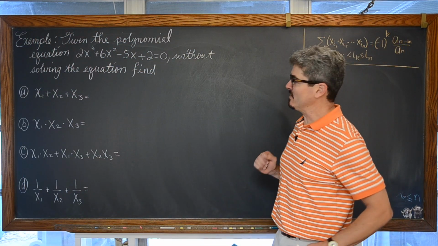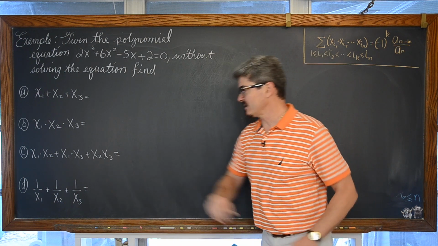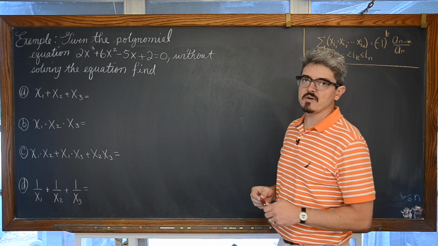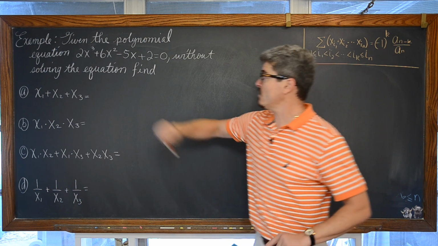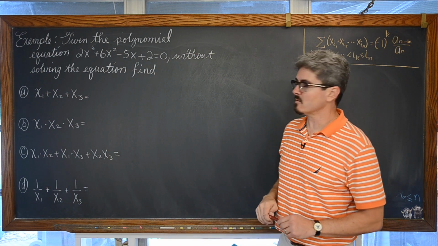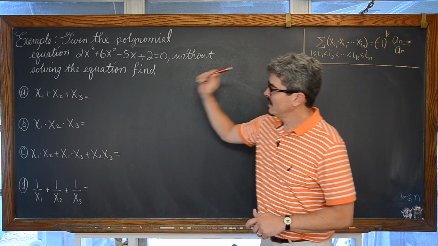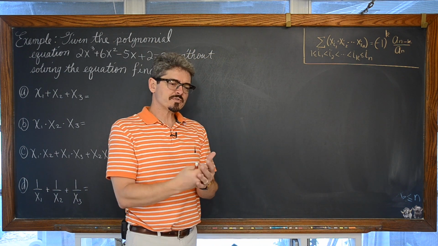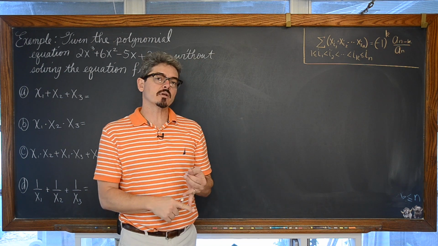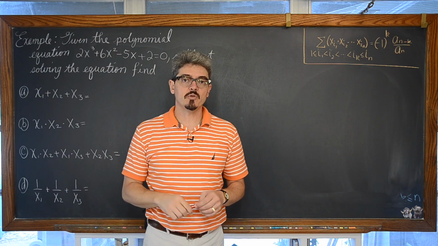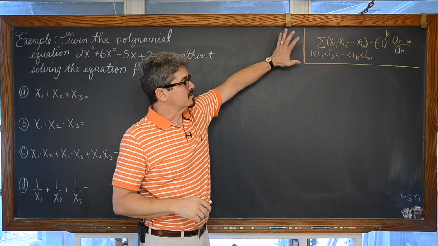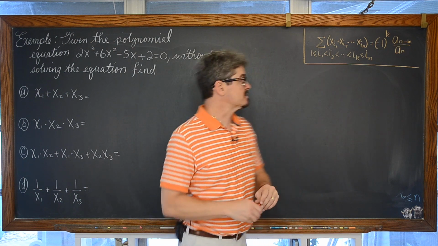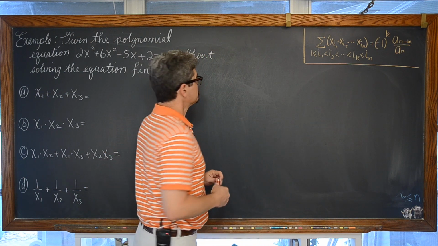So for our first problem here, which actually has 5 parts, not the 4 indicated, given the polynomial equation 2x cubed plus 6x squared minus 5x plus 2 is equal to 0, without solving this cubic function and finding those individual roots of x sub 1, x sub 2, and x sub 3, evaluate each of these expressions. Though I gave you specific formulas for quadratic and cubic, which is what this is, a cubic polynomial, we're going to apply this general form of Francois Viète's formula relating the product and sum of our roots to the coefficients of our polynomial.